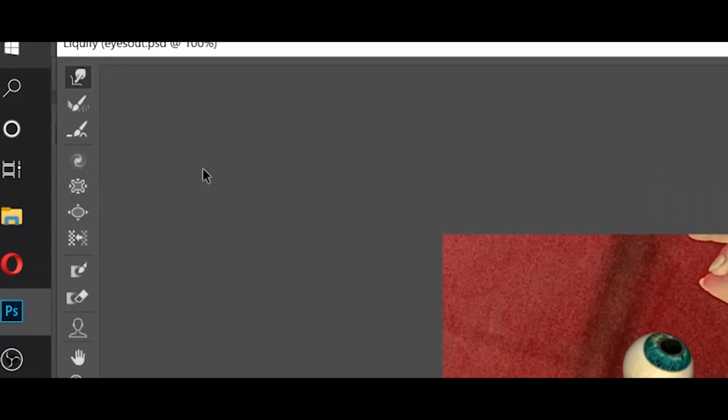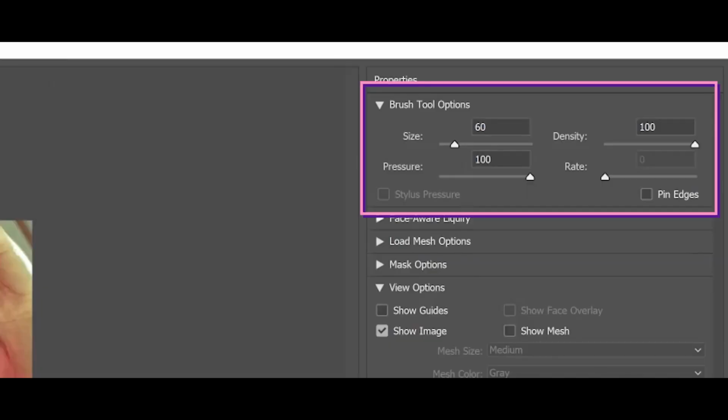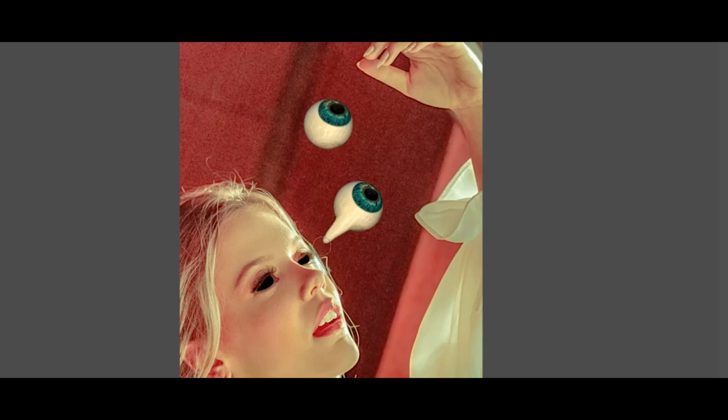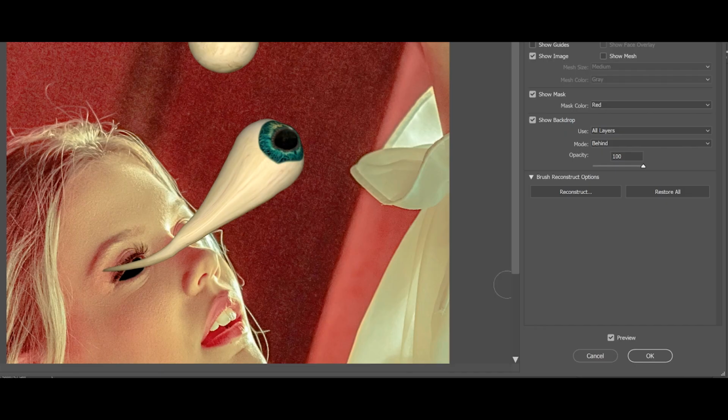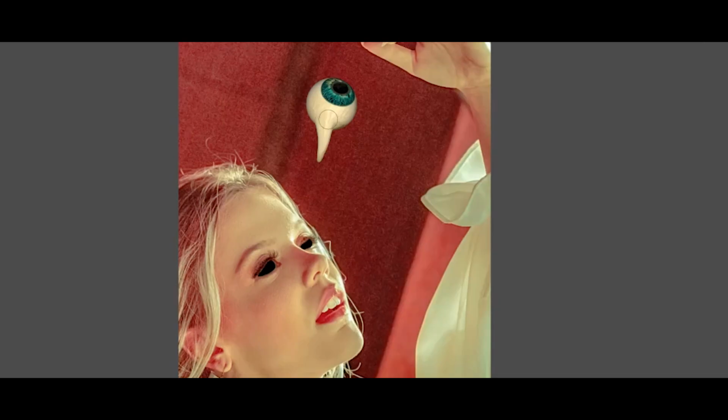Now let's select the first tool here. And also set your brush settings just like mine. Now we can just click and drag to extend the eye. Make sure to bring it closer to the face, and when you are done, just go and click that OK button. Now you need to do all over the same to the second eye as well and bring it closer